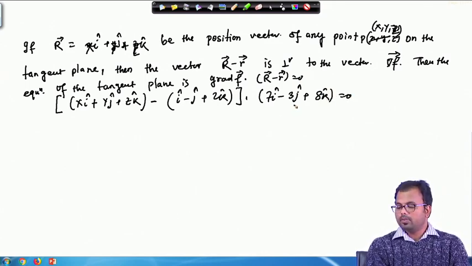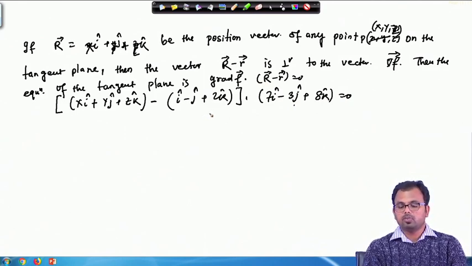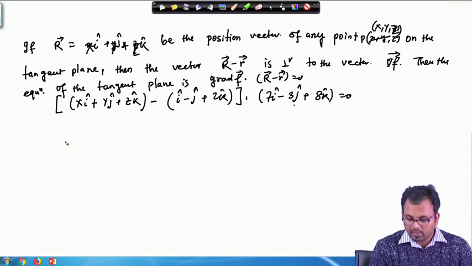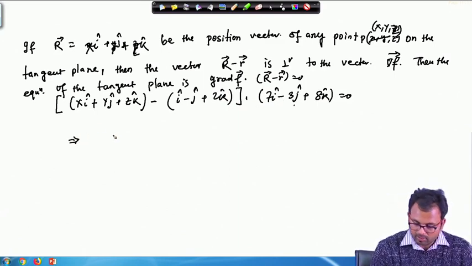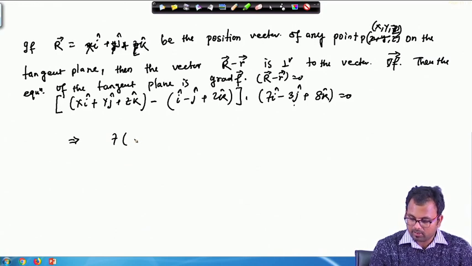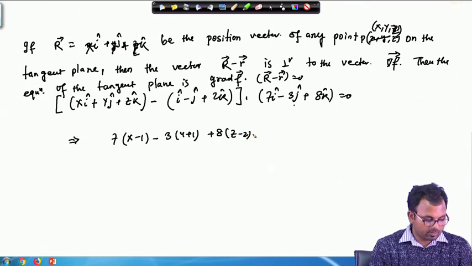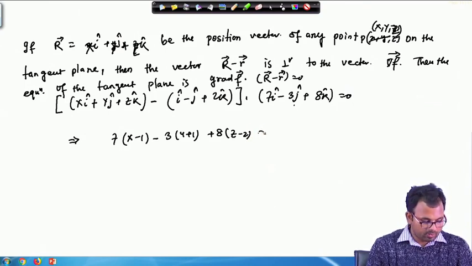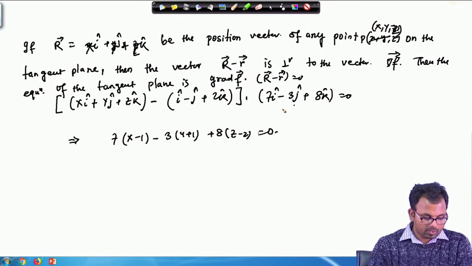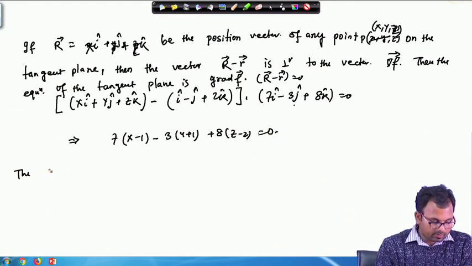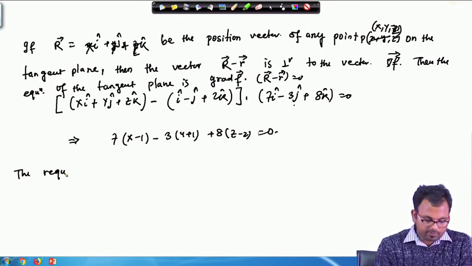So, just that gradient of f is this one and r minus capital R is this one, because the dot product is commutative. So, we can actually exchange them. And now, if I calculate this, so this will be 7 times (x minus 1) minus 3 times (y plus 1) plus 8 times (z minus 2) equals 0. So, the required equation, therefore, the required equation